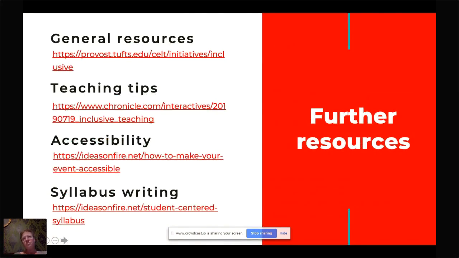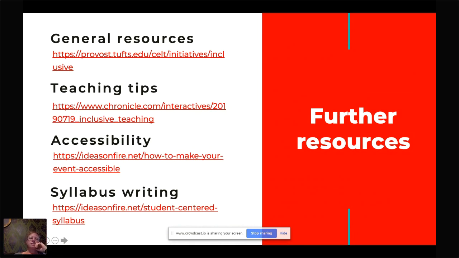All right, so those are sort of my thoughts on creating inclusive classrooms from the syllabus through classes themselves, but there are a lot of other resources that go a lot more in depth and have a lot of different ideas about how to do this well. The first is a link to the Inclusive Excellence projects happening at Tufts University, and it's just a good clearinghouse for a lot of different articles and a lot of information that I think can be really helpful.